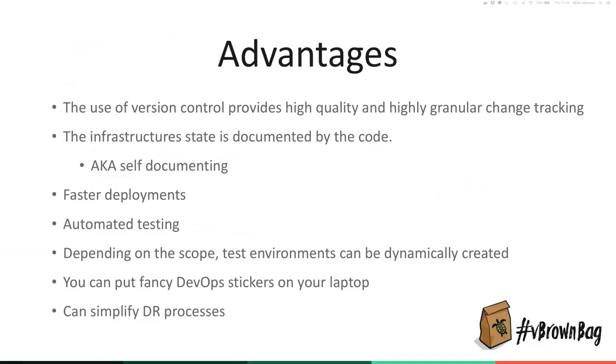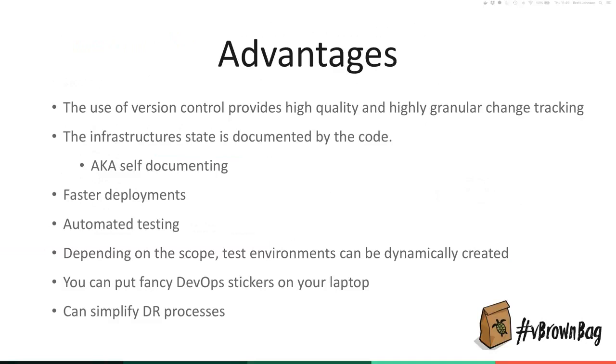Whereas if you've got network operating systems such as Cumulus, for example, which can be agnostic from the switch, it could be spun up as a VM to run that test and to say, hey, did this work? And with that test environment, you might be changing one switch in a cluster of 6 or adding one or removing one, and it can perform those functions. So it could spin up that whole environment, then add another switch and remove one, and that comes down to that automated testing. You do get to put fancy DevOps stickers on your laptop, wear horrible hats, get bad fashion, and go to conferences if you feel like it. That's always an advantage of this, I guess.